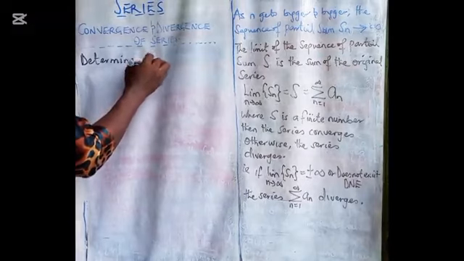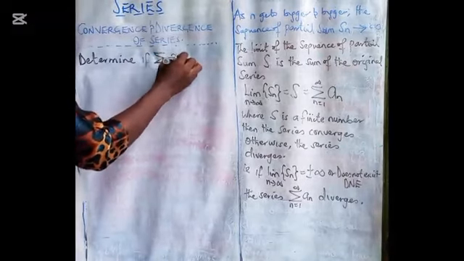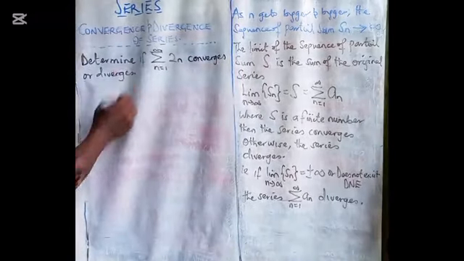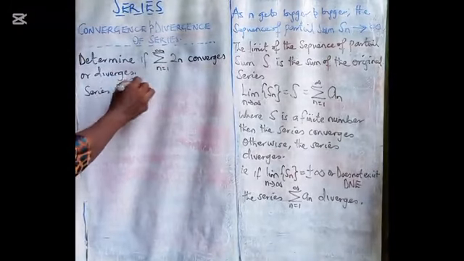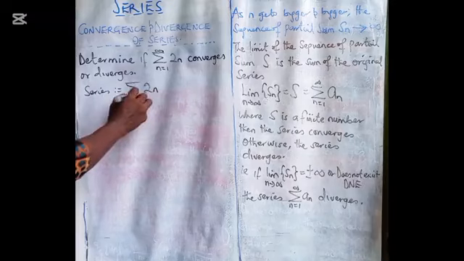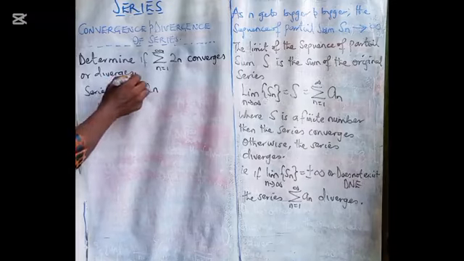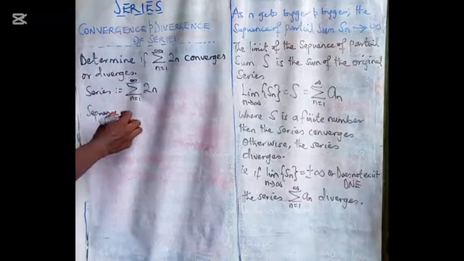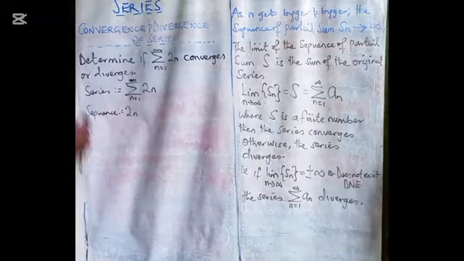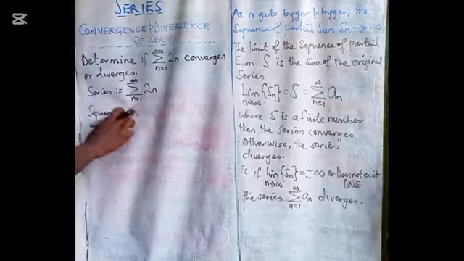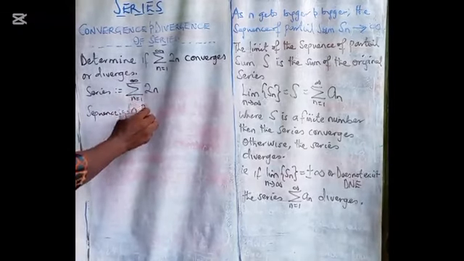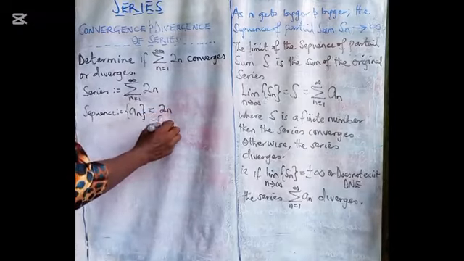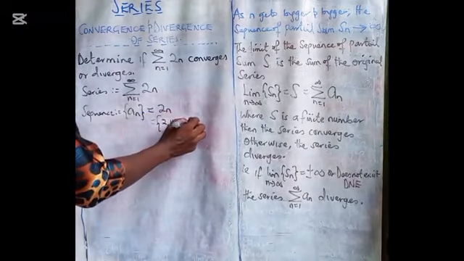Determine if summation 2n as n moves from 1 to infinity converges or diverges. The series is defined as what? The summation of 2n as n moves from 1 to infinity. But in this series, we have the sequence 2n, or sequence A sub n, which is equal to 2n. The terms of which will be what? 2, 4, 6, 8, 10,